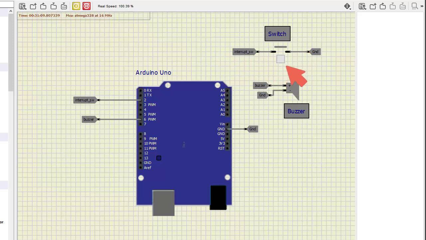When the switch is pressed, a logic low signal will arrive at digital pin number 2 that will act as an interrupt into the microcontroller. When this interrupt comes, the buzzer will make sound. The buzzer is connected at port D pin number 6. At Arduino board it is digital pin number 6. See here, a buzzer is connected. This is the buzzer.